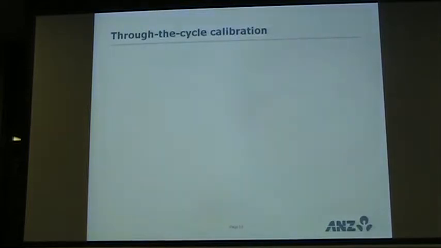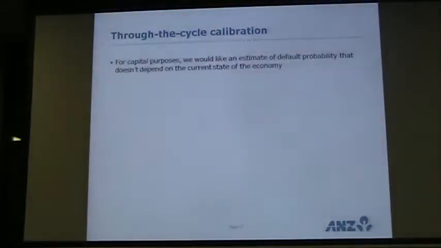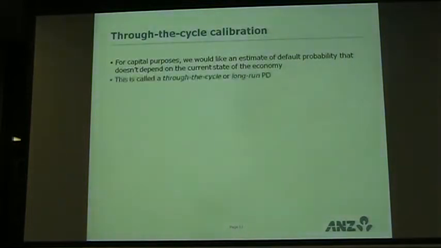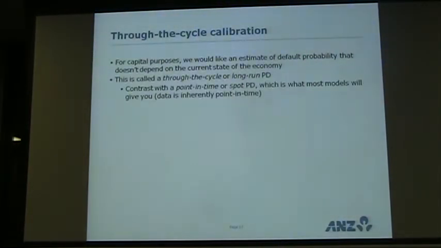Okay, second example, which is through the cycle calibration. Again, talking about capital. For capital purposes, we want an estimate of someone's default probability that doesn't depend on what the economy is currently like. You can call this through the cycle or long run PD. Contrast this with the point in time or spot PD, which is what most models give you. Models, all data is point in time, so models generally are point in time